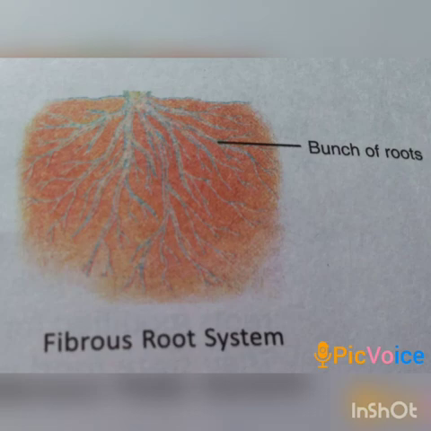The second one is the fibrous root system. In some other plants, it is observed that when a seed germinates, several roots grow out at the same time from the base of the stem. Such an arrangement of the root system is called the fibrous root system. This root system is found in plants like maize, wheat, rice, and grasses.